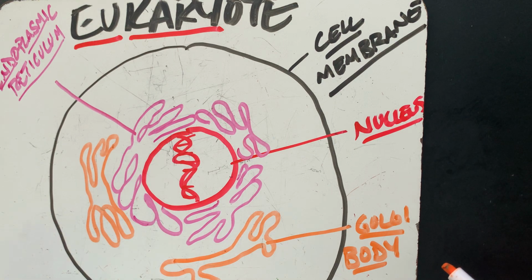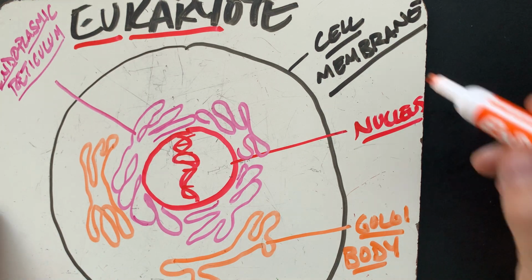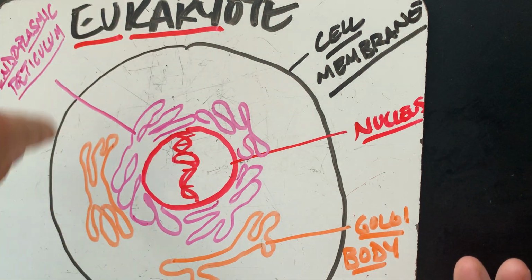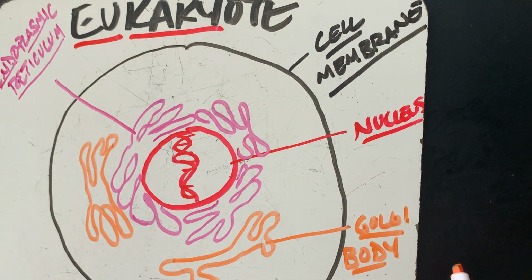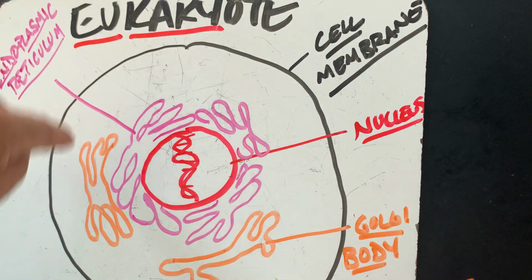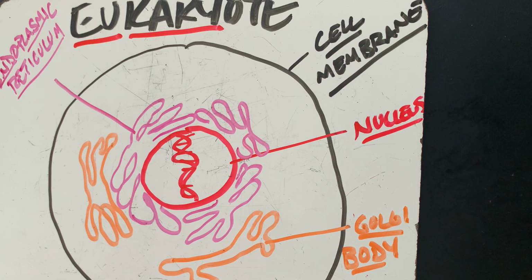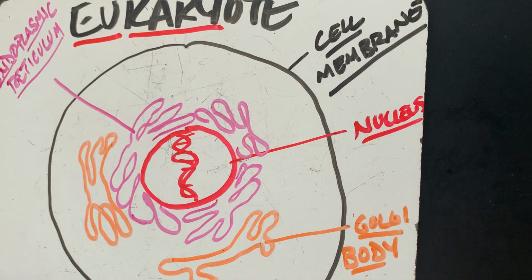The only thing here that's not really an organelle is the cell membrane, because it's on the outside. Everything on the inside is an organelle. This is just a cellular structure. These are independent organelles that work together. And the cell membrane isn't necessarily an organelle, because it does have to be inside of a cell to be an organelle.